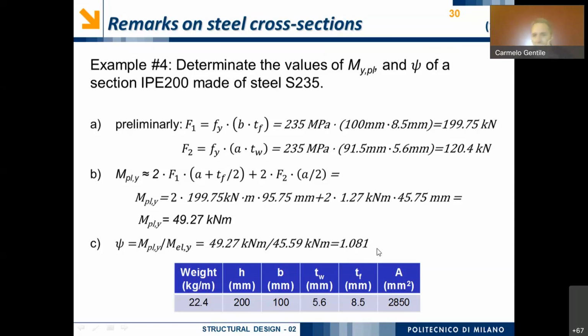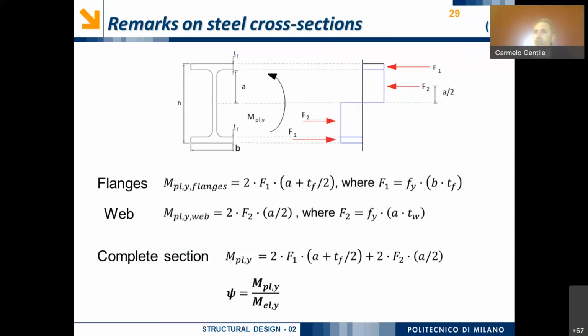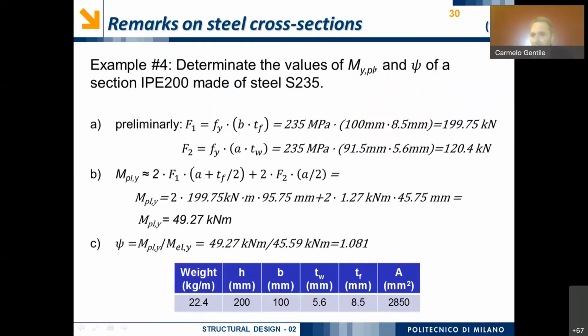So it means that according to this simplified computation, simplified because we have assumed that the cross section is made by 3 rectangles, and so by doing this, as it will be shown by Dr. Ruccolo in the second part of the lecture, we neglect the effect of this rounded part of the cross section. Okay, but this is an acceptable